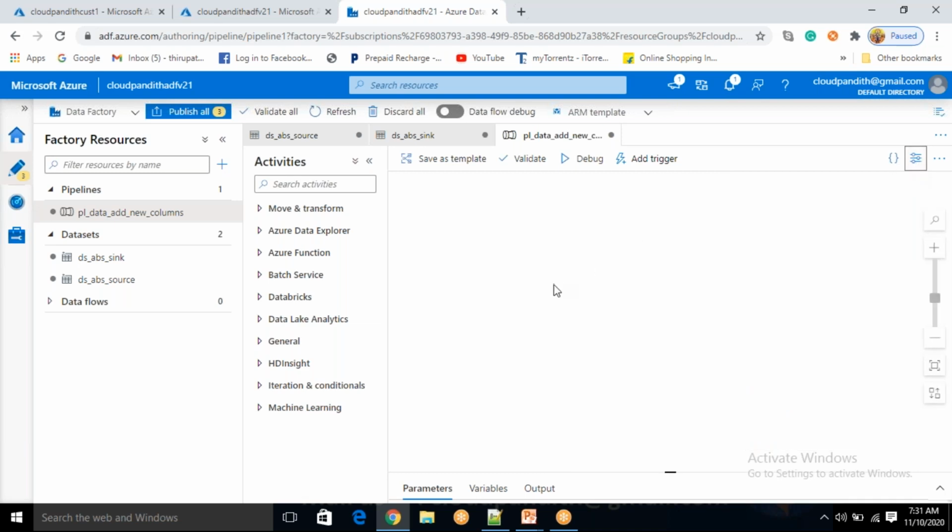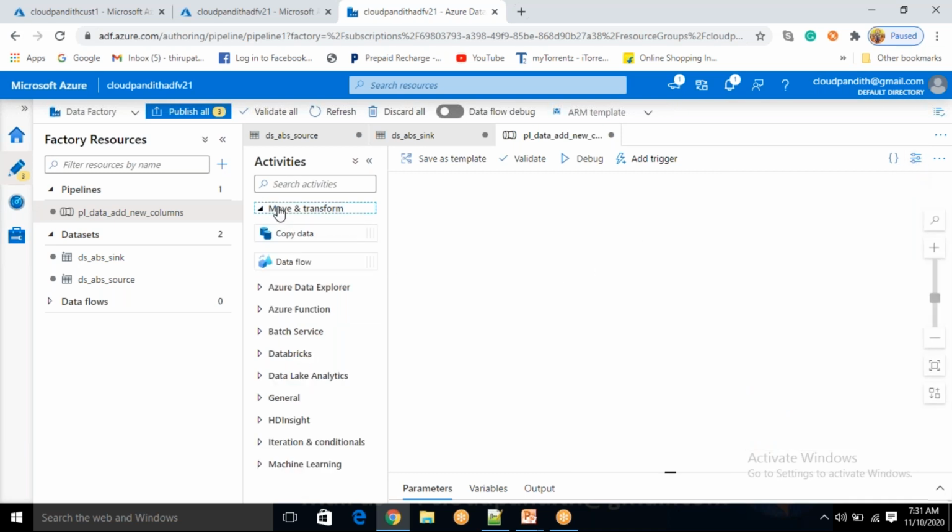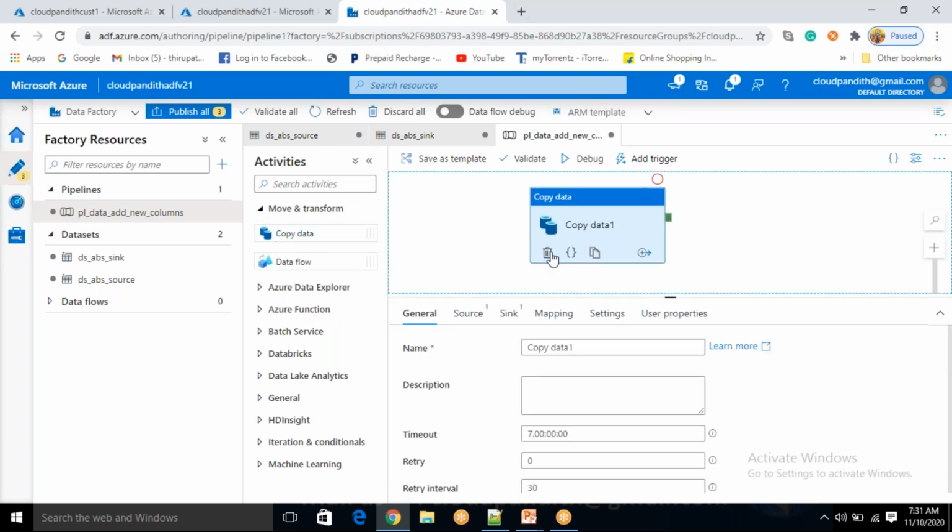Let's come here and drag the copy activity. Copy input to output to add columns. So I am going to add the columns.